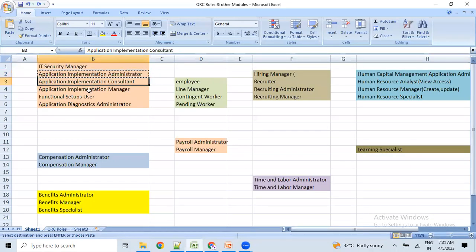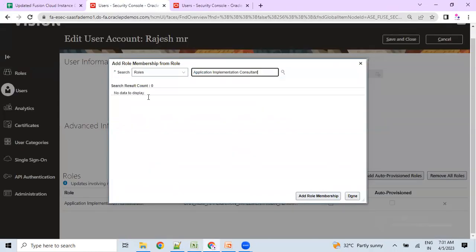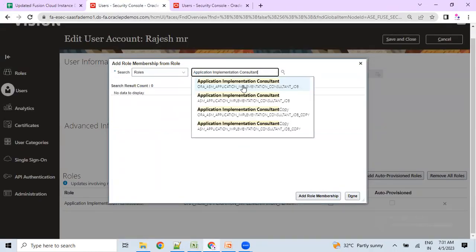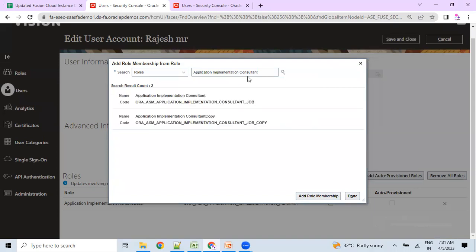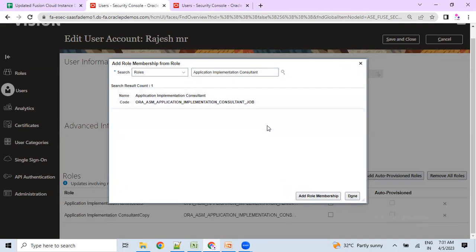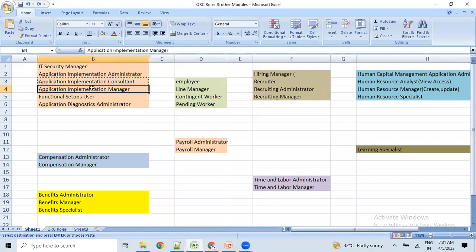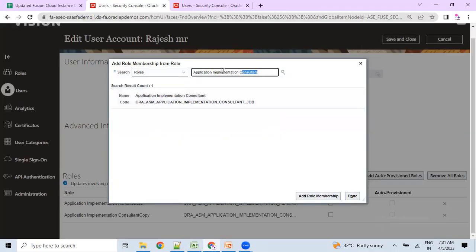Now next one, we need to add this particular consultant role. ORA consultant. There, if you observe, there is a copy, and it will get added automatically, whatever the requirement that we have given. Okay, so next one, implementation manager. Click on it, ORA,